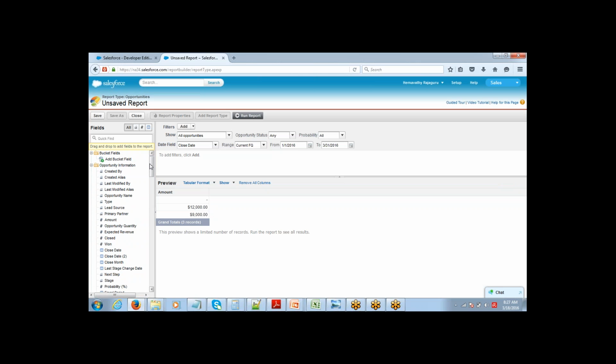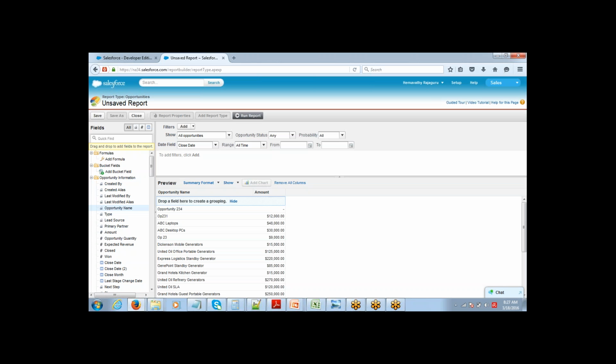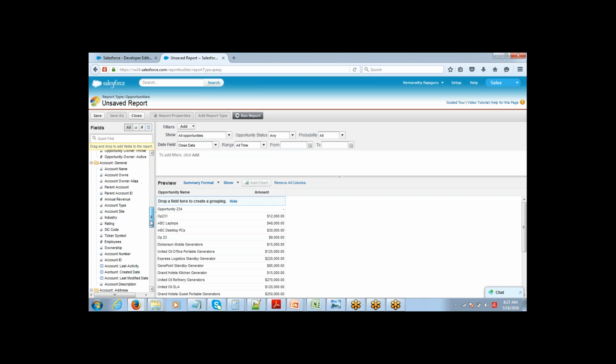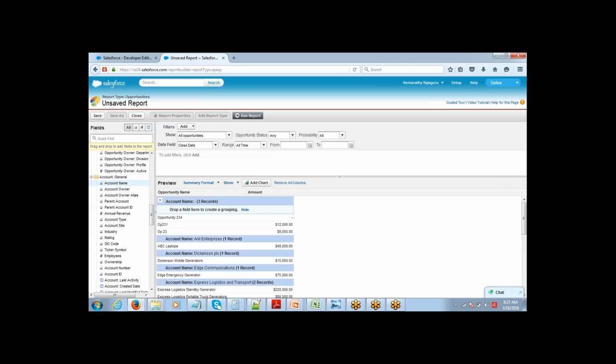The opportunity name, okay, let me pick it up, make it all time, change it to a summary format, change it to joint format,